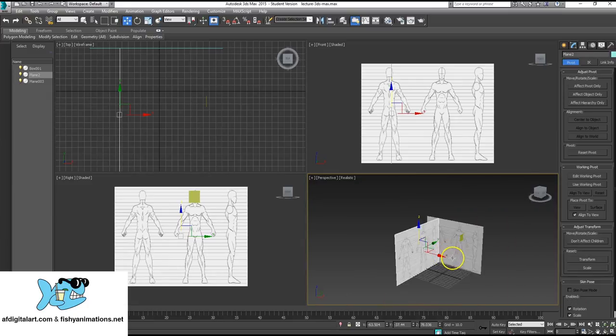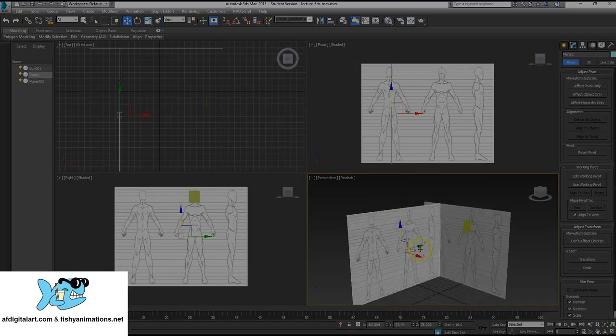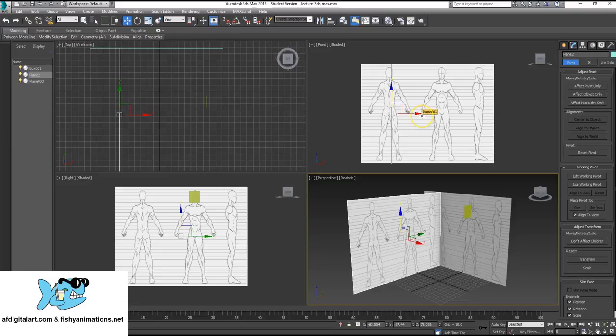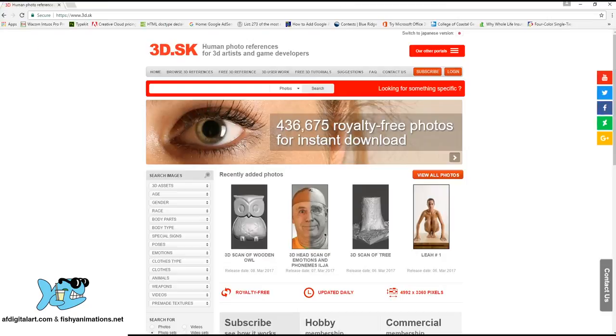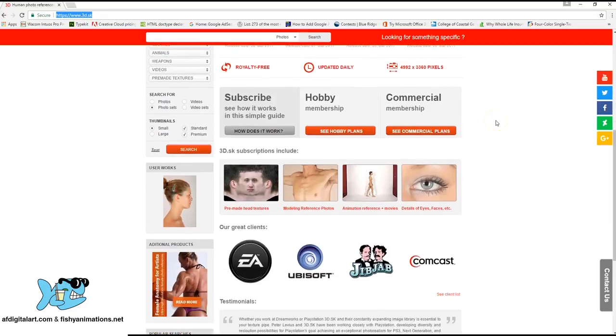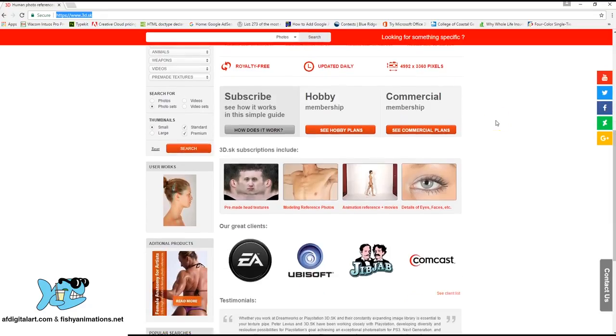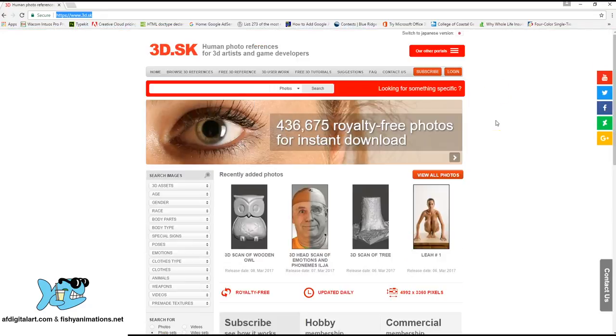All right, so now we're ready to start modeling the head based off our turnaround drawing. One of my favorite websites to use for actually downloading human anatomy images is 3D.sk. So I'm going to bring this website up. Again, it's 3D.sk. This is a fantastic website, used very often. You can come through all these menus and find a good turnaround front and side view of either a male or female facial. And you can use these images to bring in a 3ds Max or a 3D software for